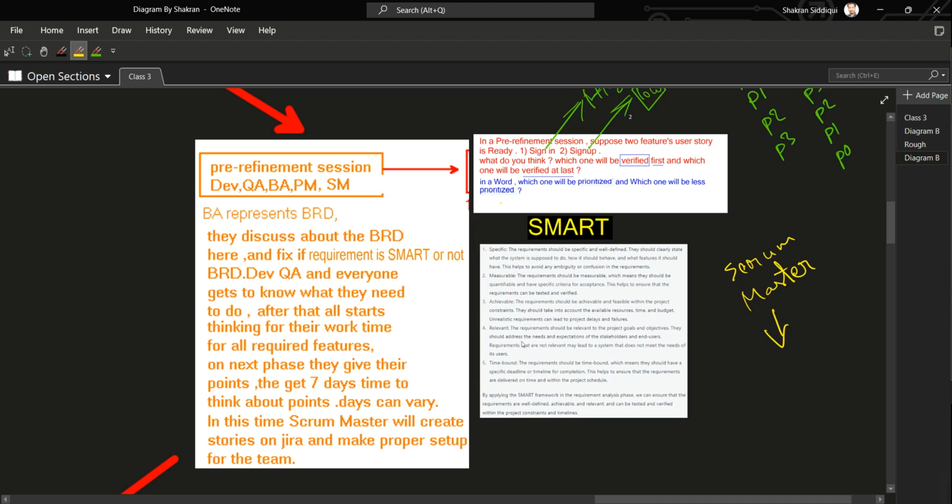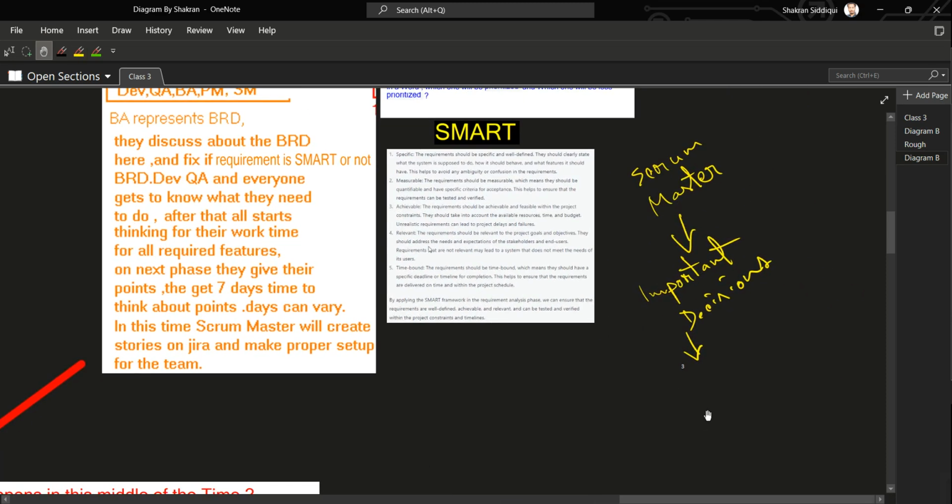What outcome was there of the meeting? These things are noted down and documented by the Scrum Master. And these important decisions that are made in these pre-refinement sessions are known as minutes